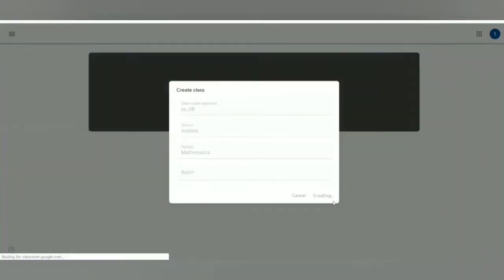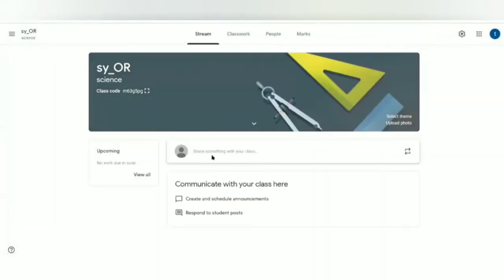So your class is getting created, and you can see here the home page of your class, sy_or. It is under the stream science, and this is a new thing to you. This you have not written. This you had not generated. It is generated by Google Classroom, which is called class code. So class code is a combination of alphabets and numbers. Okay, this class code you can share with your students so that it is easier for them